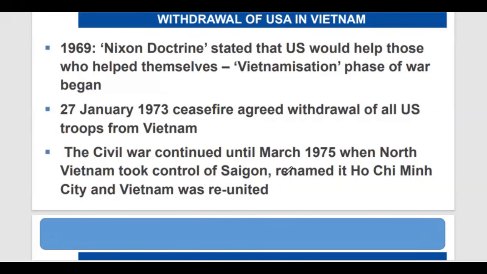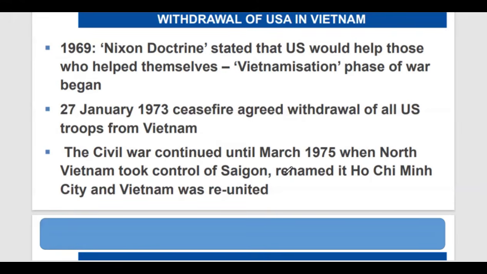So it ended up being a civil war between the North Vietnamese army, with the support of the guerrillas, and the ARVN, which was the South Vietnamese army. And without American support, the ARVN could not stand its ground to fight against North Vietnam and the guerrillas. And at the end, the civil war did not last for long.